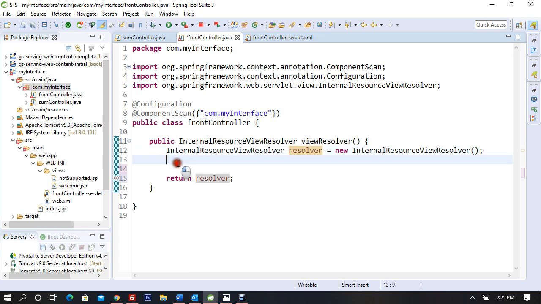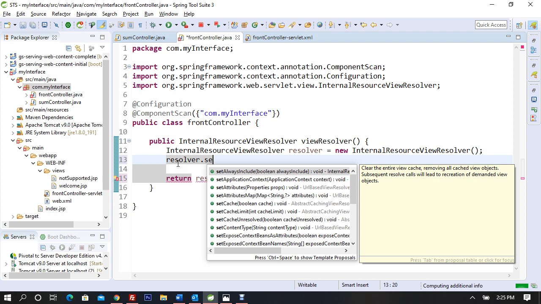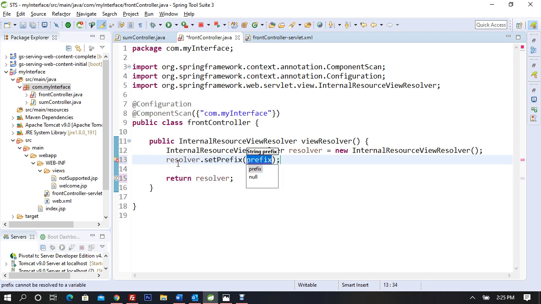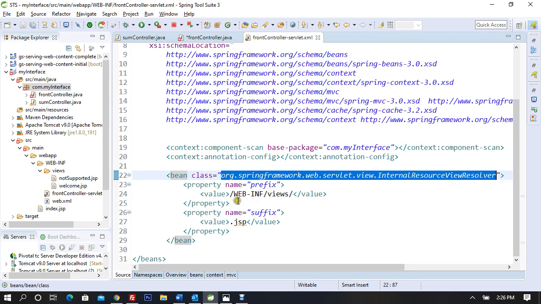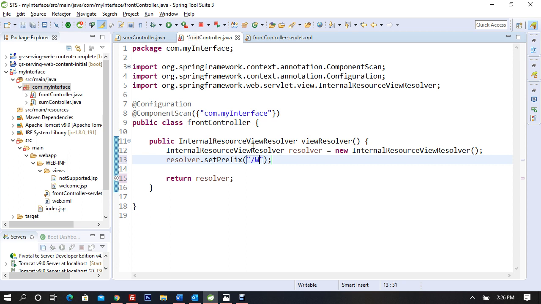I need to say, hey resolver, wait a second, I want you to have this prefix. And the prefix is going to be /WEB-INF/views. So I'll copy whatever it is here, so you can see /WEB-INF/views. I'll say that it is going to be your prefix. And what is the suffix? So I'll say